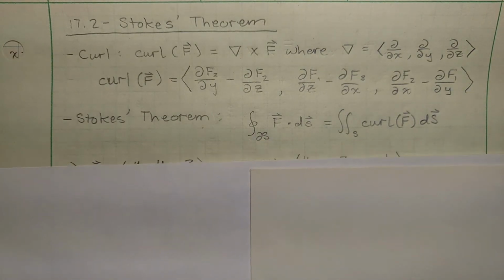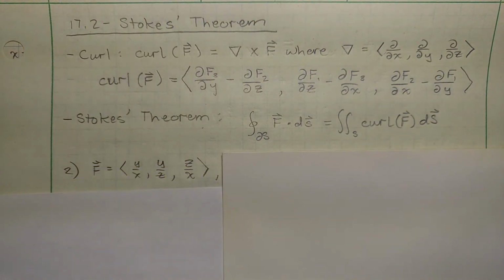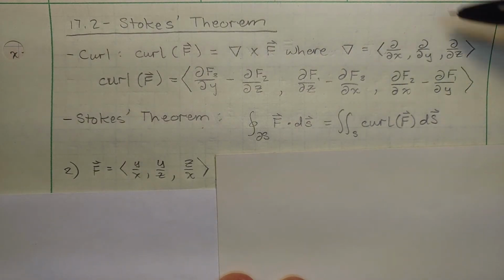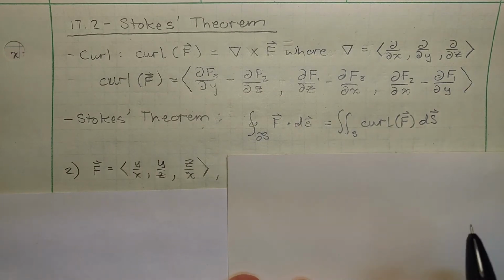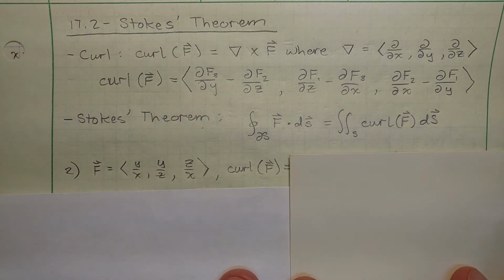All right, let's look at some examples. So first, number 2 is very simple. It just gives us this vector field. Number 1 and 3 are going to ask you to do the same thing. It says, find the curl. So if we want to, we could go ahead, find nabla, do the cross product, but it's probably easier just to have this memorized. So if we do that, we know the curl of F is going to be equal to,